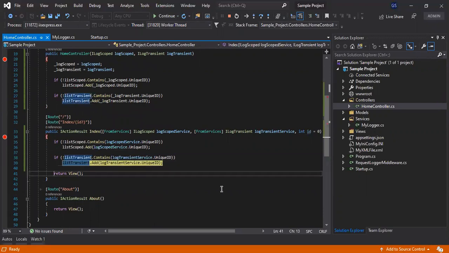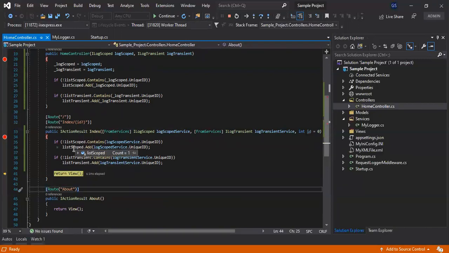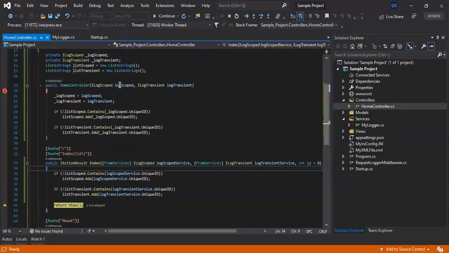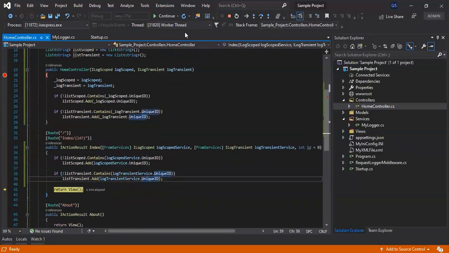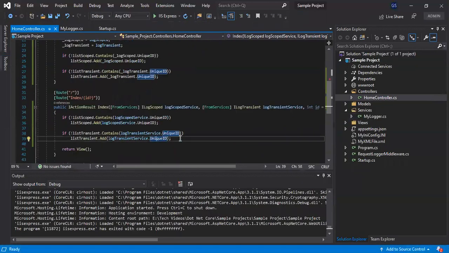Okay, if you notice for the transient, it created the GUID two times, meaning two objects are created for the transient, but for the scoped it will not create another, because as we discussed, for the scoped it will create one object per request, and for the transient, when it is requested, or when the dependency is received, it will create the object each time. So in this way, we need to take care while registering our services.